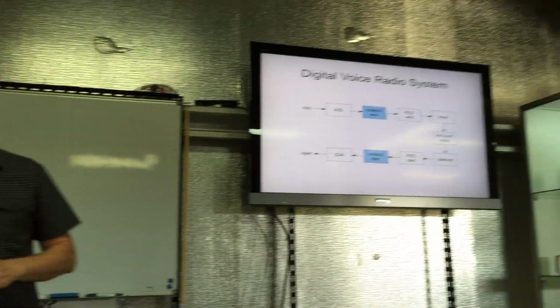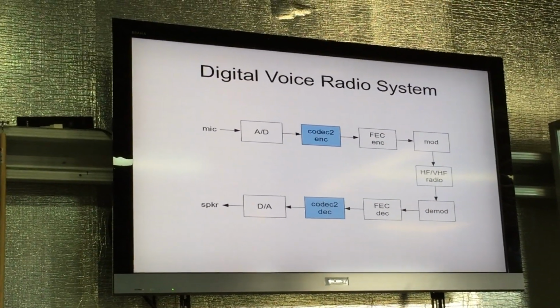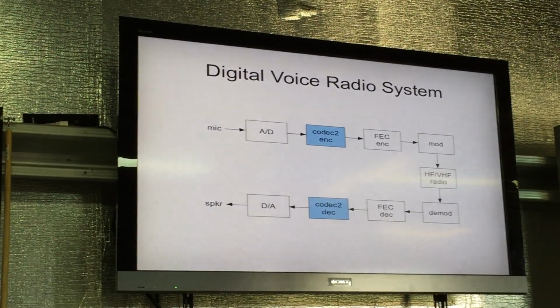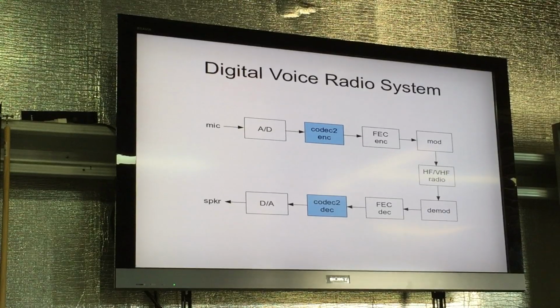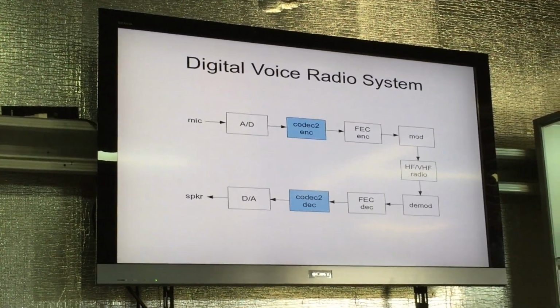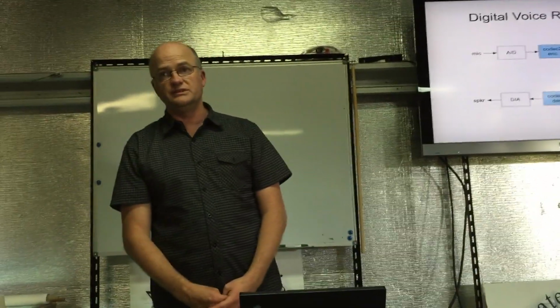Okay, so this is your typical digital radio system. We take the signal from your microphone, regular ham microphone, through an A to D converter, and then we put it into a codec. The idea of the codec is it converts it down to some very low bit rate. For example, we run around 1300 bits per second for the voice coding over HF. Then we generally add some error correction. That's forward error correction, FEC, and that protects the voice bits,